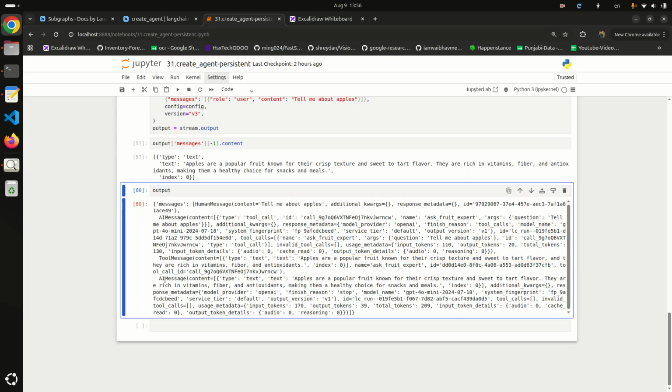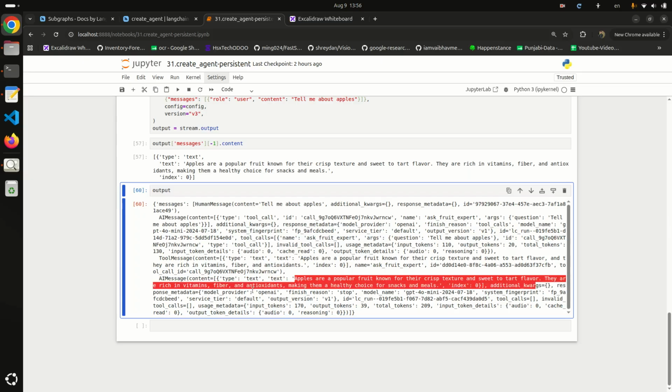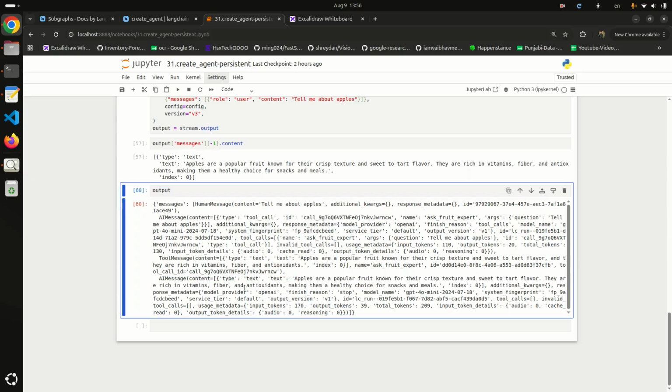So then our final AI response is apples are a popular fruit known for their crisp texture and sweet to tart flavor. They are rich in vitamins, fiber and antioxidants, making them a healthy choice for snacks and meals. So our sub agent generated this response and our main agent added this sentence or extra words, making them a healthy choice for snacks and meals.